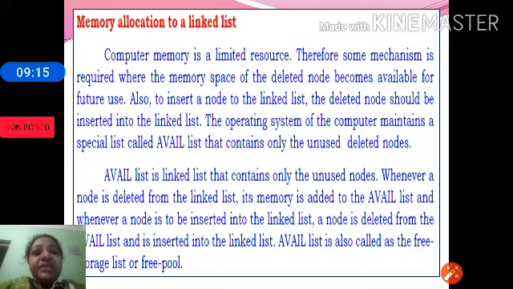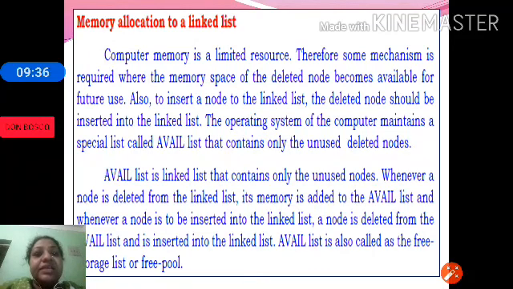The operating system maintains a special list called avail. So avail is a linked list which is used by the operating system, which contains all unused or deleted nodes.